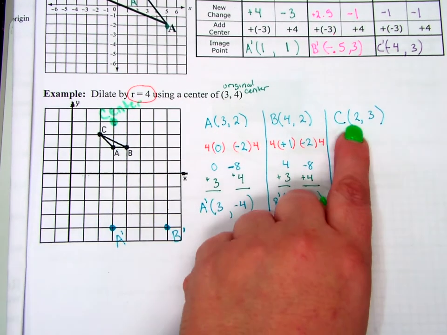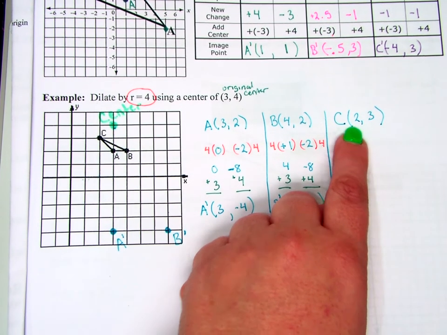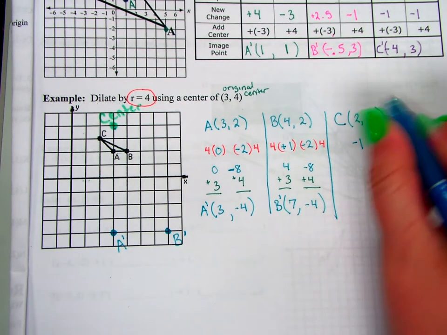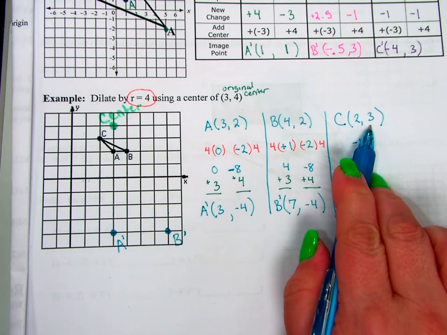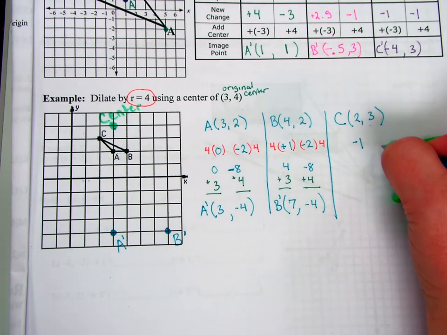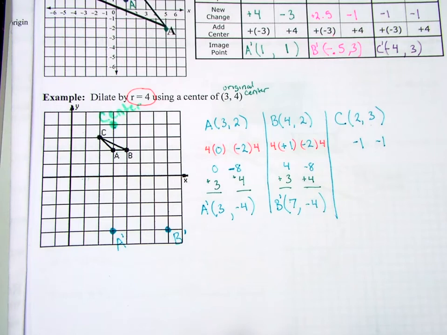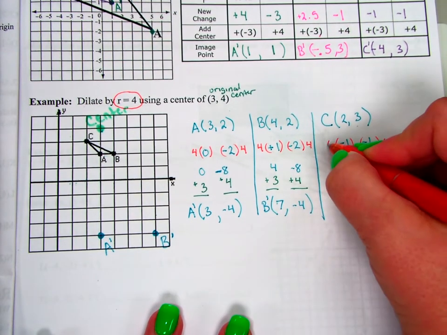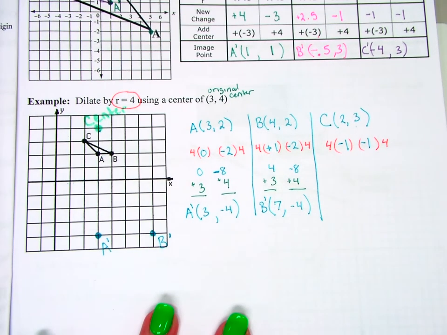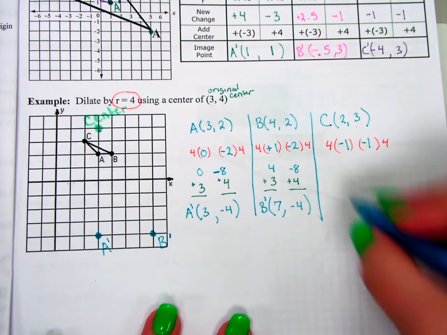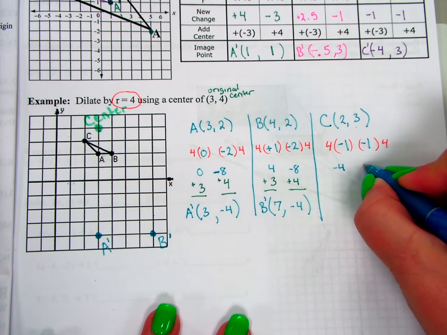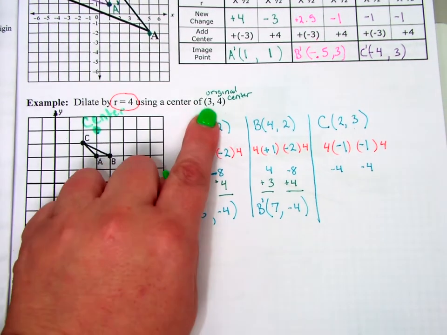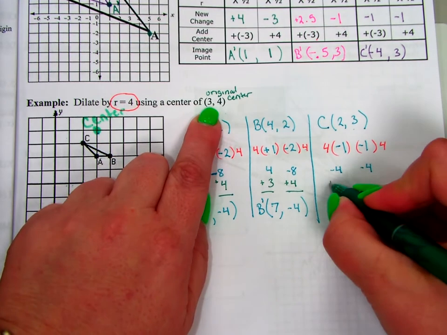So to get from 3, 4 to 2, 3, from 3 to 2, I'm having to go left 1, so minus 1. And then from 4 to 3, I'm having to go down 1, so minus 1. I'm going to take my change and multiply it by the scale factor, which is still 4. So my new change is going to be 4 times negative 1 and negative 1 times 4. I'm going to add that to the original center, 3, 4,